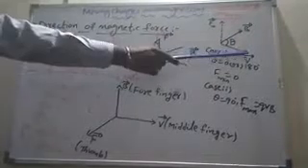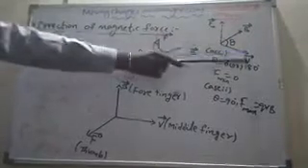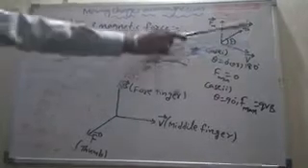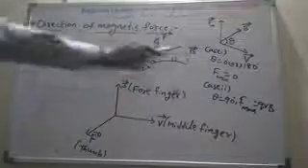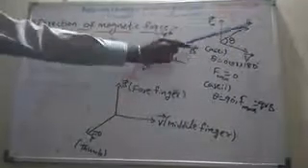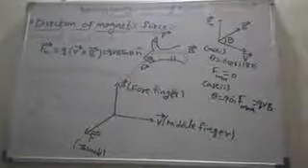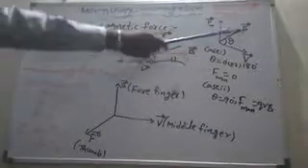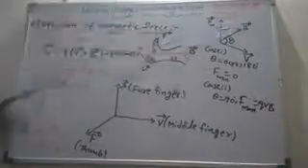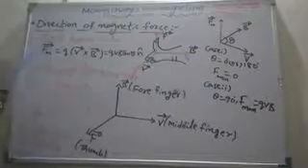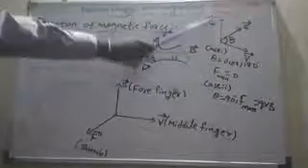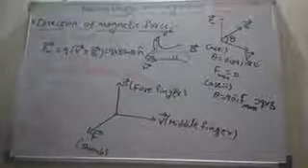Next, in this case also we can easily understand. The charged particle is moving along this direction, and the magnetic field is along this direction. We don't know exactly which axis v is along and which axis B is along. Even so, in that case also we can easily determine the direction of magnetic force with the help of the right hand palm rule.